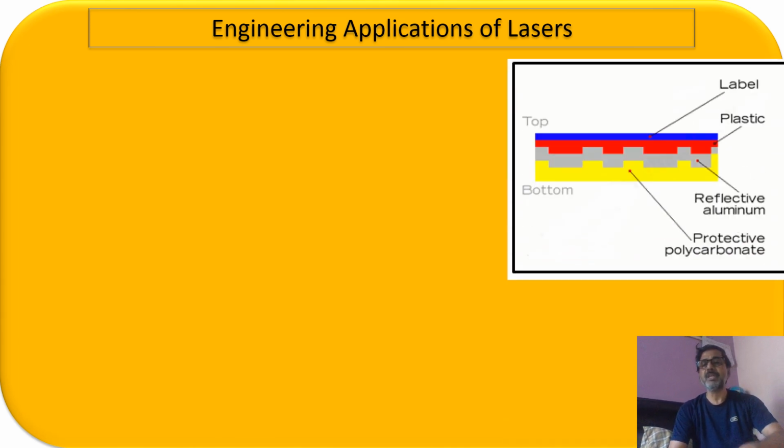Now here you see, this is what we have taken. Here we have the 3 layers. This is the topmost layer that you are seeing. This is the dull face, on which you are putting the labels, right? Then you have the protective polycarbonate. So here you will have the protective polycarbonate, and here you have a plastic, right? This is a plastic on which we are going to encode the data, right? So this is your basic structure.